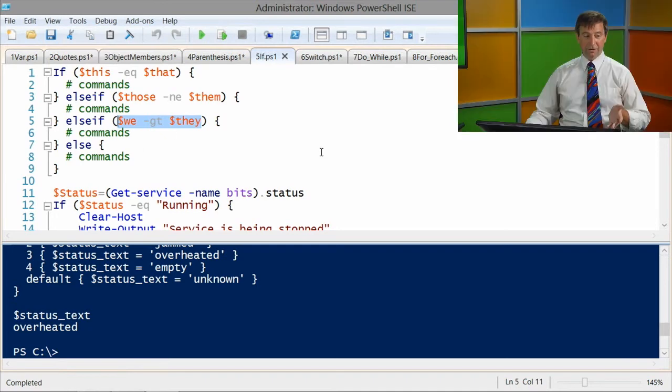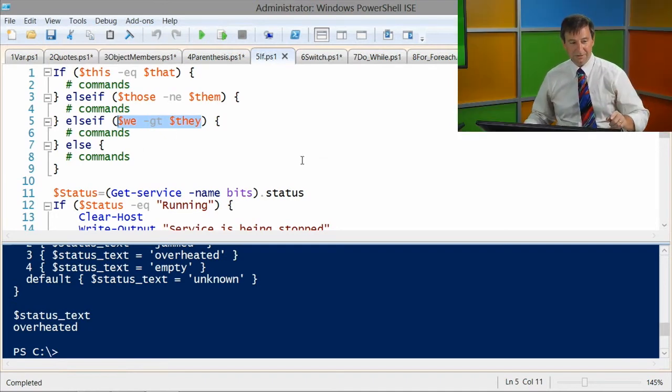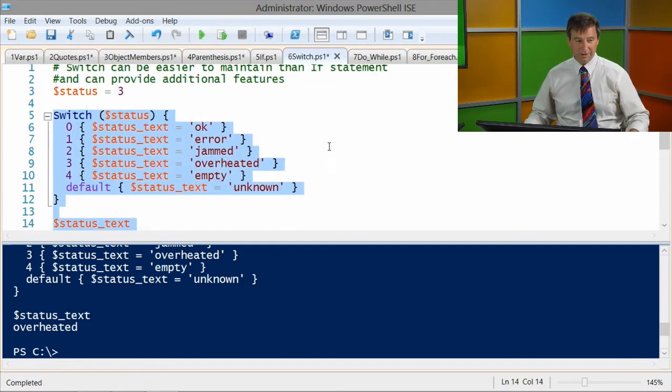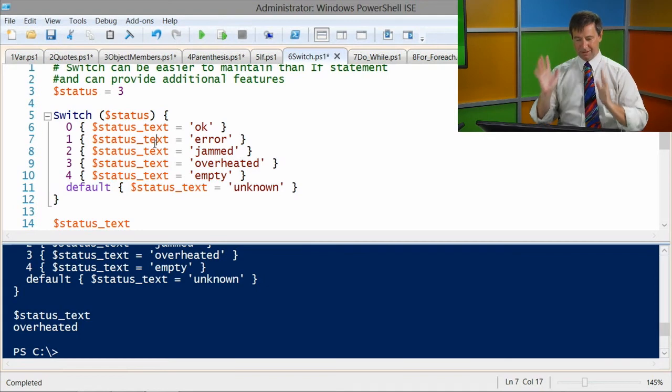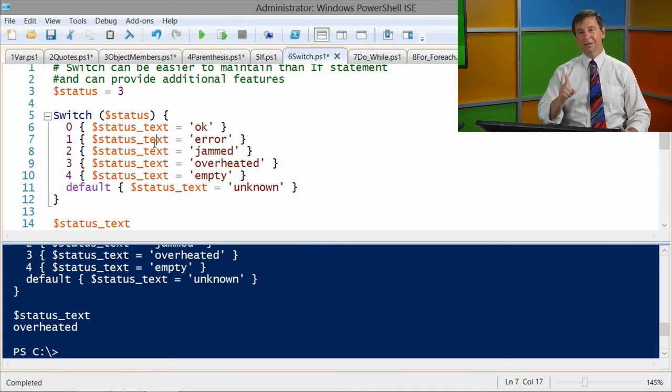But wait, can I show them an alternative way to do it? Show them the switch. Okay, so you notice here you see $status underbar text equals this. $status, blah, blah, blah. I hate stuff like that. Visually, I'm a person that likes things really clean and nice and pithy, because too many characters confuse me. So here's the way I do this, because not many people recognize this, but many of the